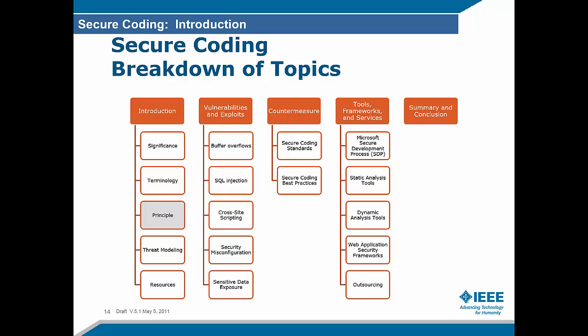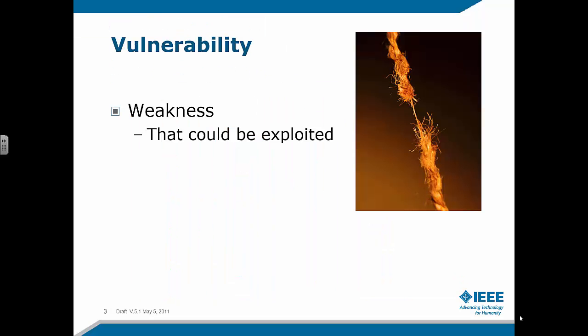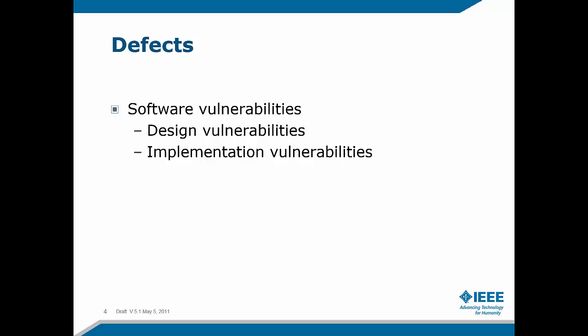Part of becoming proficient with secure coding is to be able to use secure coding terms. Vulnerabilities refer to any weaknesses that could be exploited by an attacker. Defects refer to any software vulnerabilities, including design vulnerabilities and implementation vulnerabilities. The term defects is probably the most comprehensive term to refer to software vulnerabilities